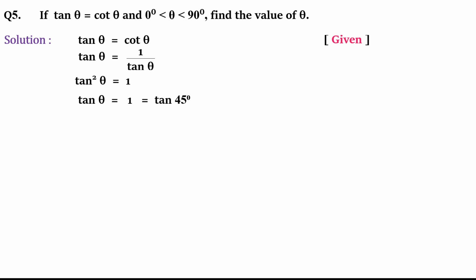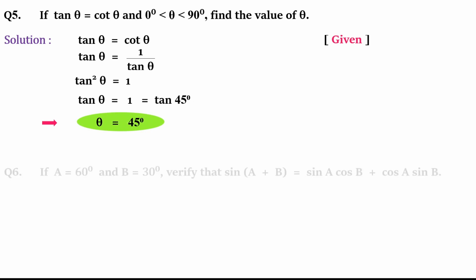as 1, but I'll take the help of table. For which value of tan do we have 1? And the table tells me it is tan 45. In the question I have just tan theta. Tan theta is 1, but the table tells me tan 45 is 1. That means this unknown angle theta is nothing but 45. From here I come to the conclusion that the value of theta is 45, and this was only asked, find the value of theta, and I have found the value of theta as 45 degree.